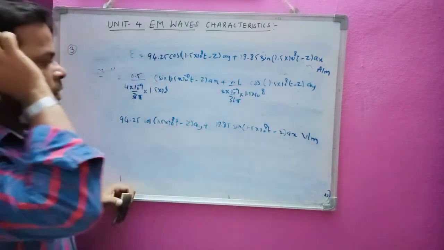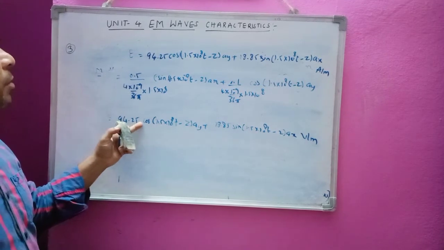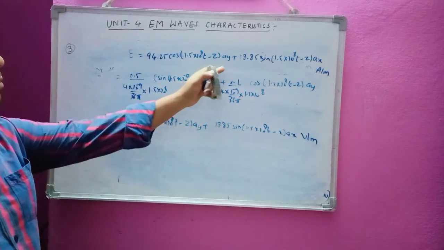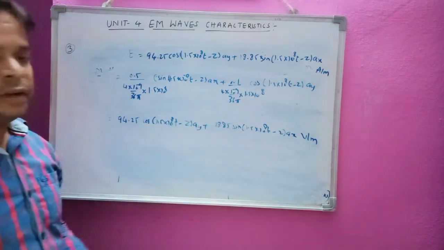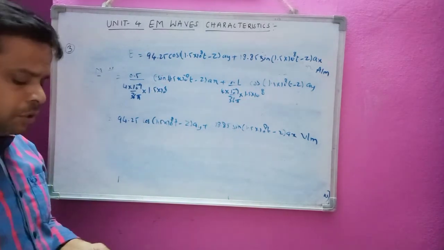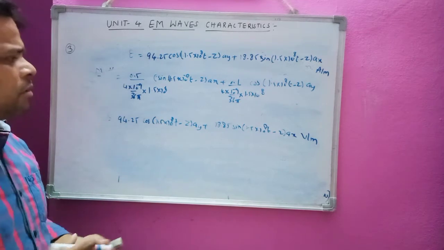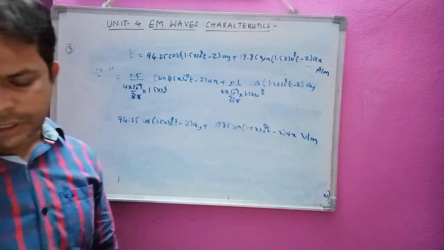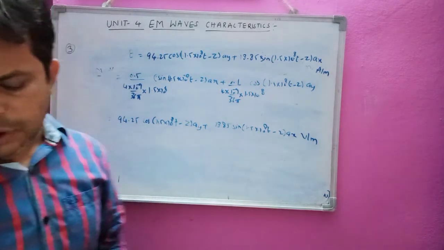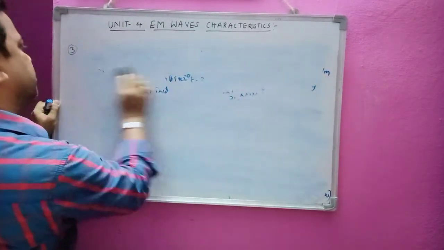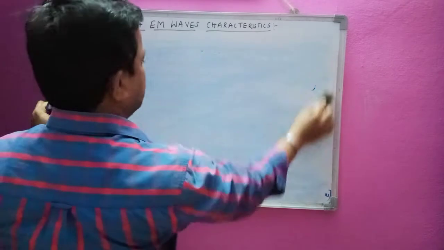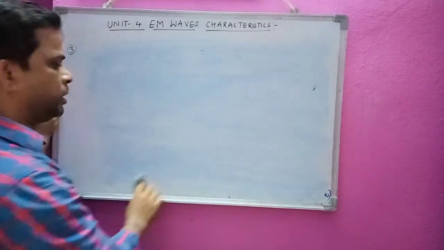So we are getting almost the same answer here, cos ωt, this one we have got the same answer. Either we do method 1 or method 2, you can follow any one of these methods. You can take the first method, which is somewhat easy, and next we will go to the next problem, that is the fourth problem. Method 1 and method 2 are going to give the same answer.